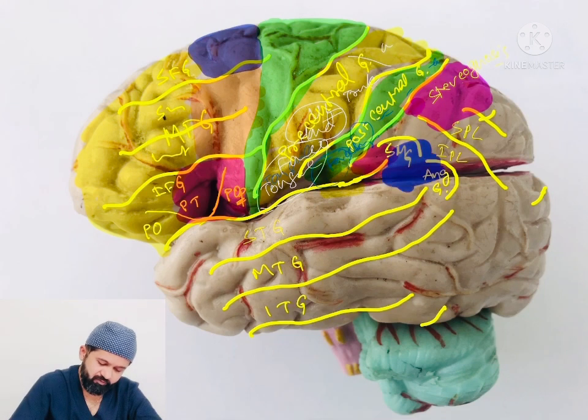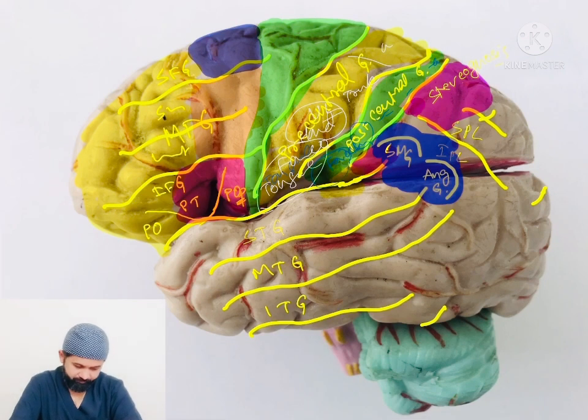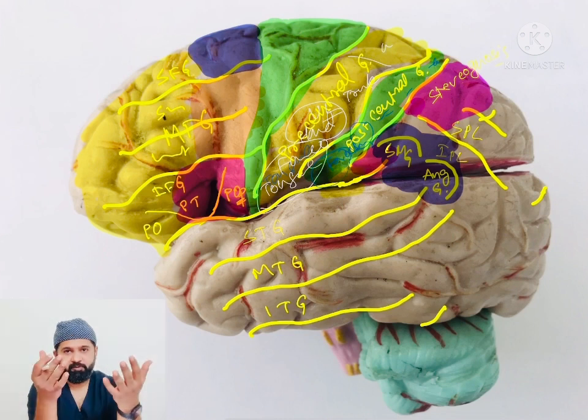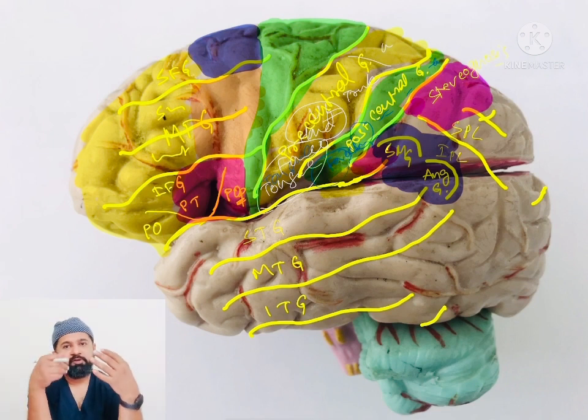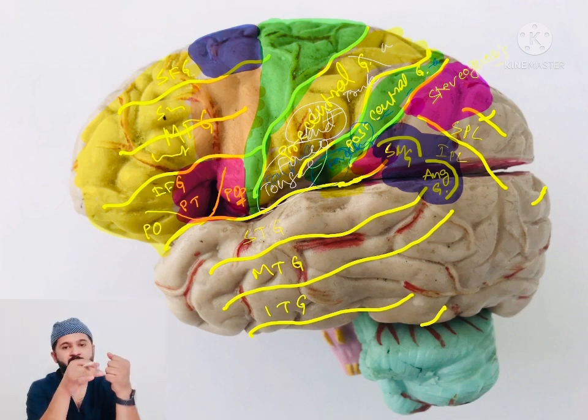So this is the sensory speech area, the part of the inferior parietal lobule, the part of the supramarginal gyrus, and the part of the angular gyrus. This is associated with interpretation of what is being heard and what is being seen. You are seeing something, you are listening to something, you are perceiving those words, but to understand that as speech and to comprehend it is all done by the sensory speech area, also known as Wernicke's area.